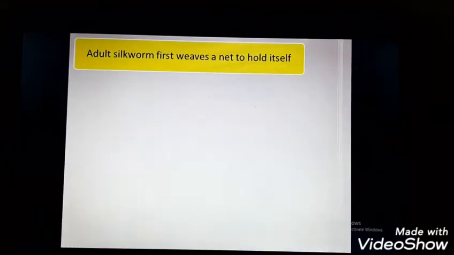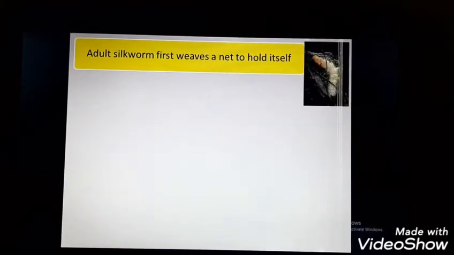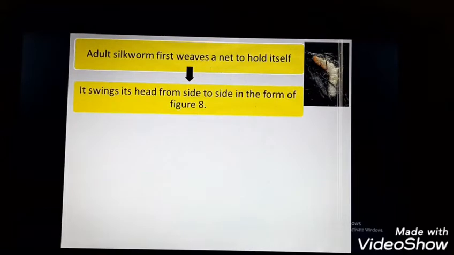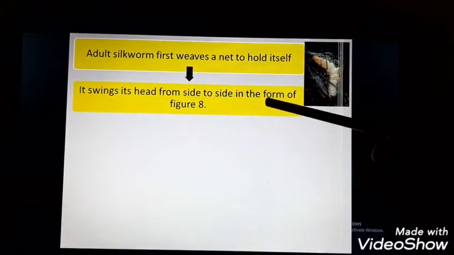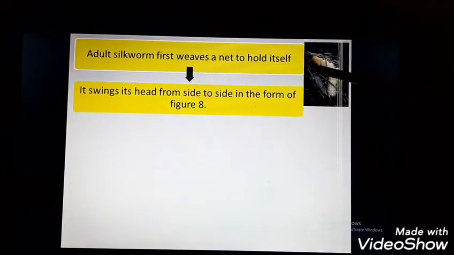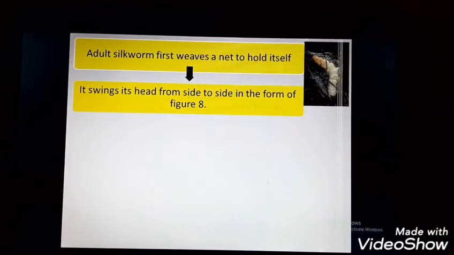Now this is the stage 3. The adult silkworm first weaves a net to hold itself. Here you can see this silkworm has taken support of these twigs and now it has started spinning a weave around it. How does the silkworm spin the cocoon? It swings its head side to side in the form of figure 8. So here this silkworm is swinging its head in the form of figure 8 and it is secreting